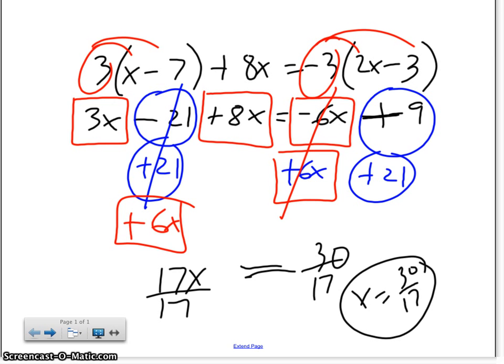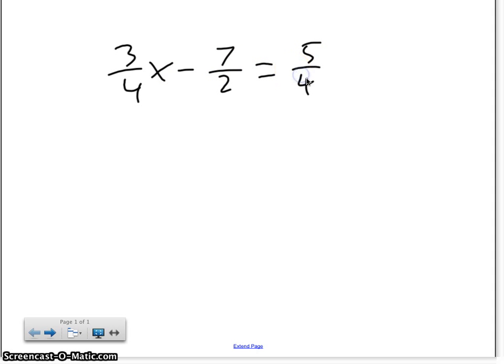Okay? Let's try it again. Come on, people. Let's combine the technique of clearing fractions and then also sorting to see if you can actually do it. Okay, here we go. Pretend I have this. Okay, let's say I have that. First of all, how do I clear my fraction? What do I multiply the whole thing by? Yes, Thomas. Wait, no, Thomas the train. No, it's not. Your LCD is